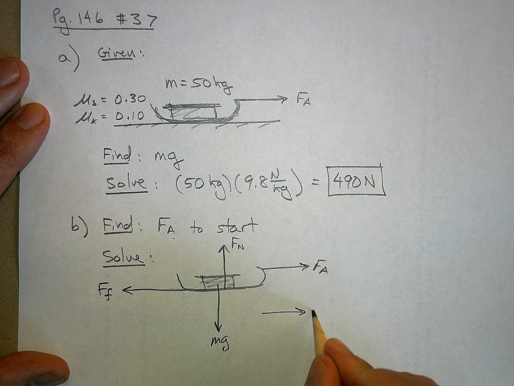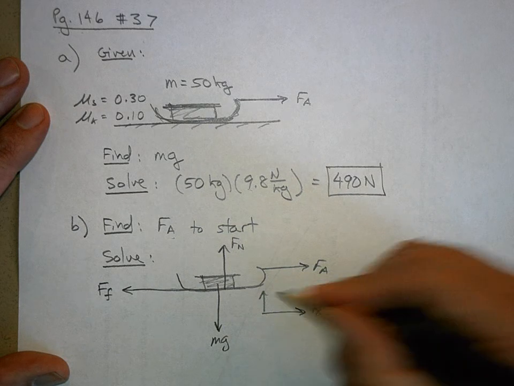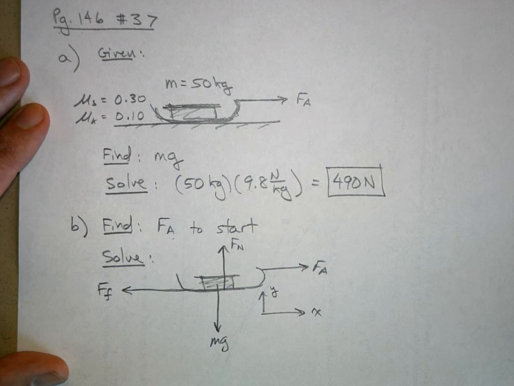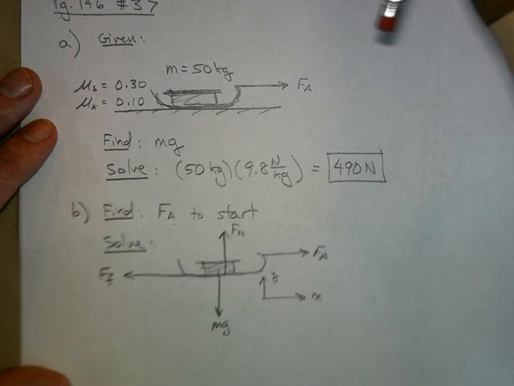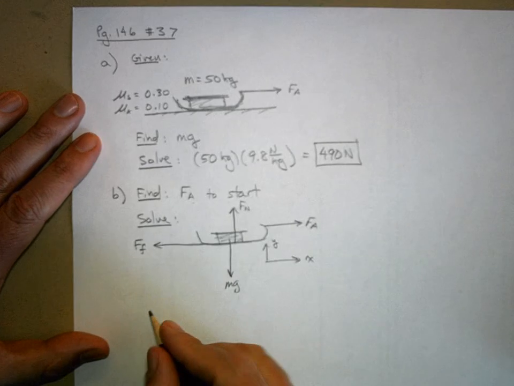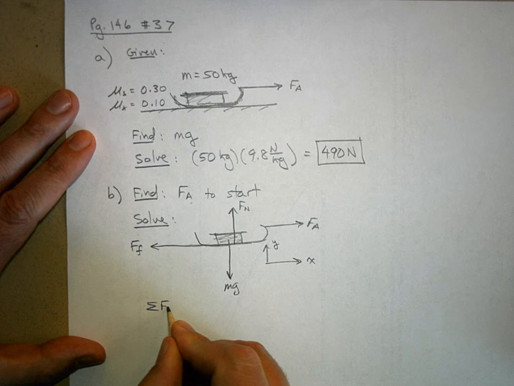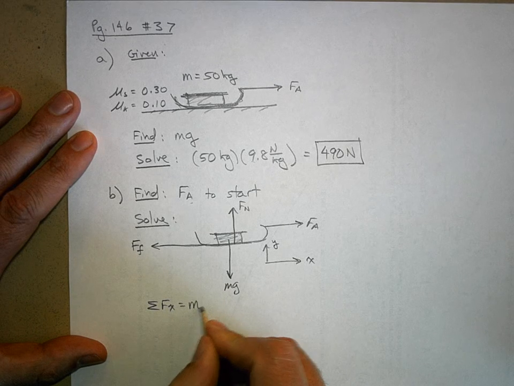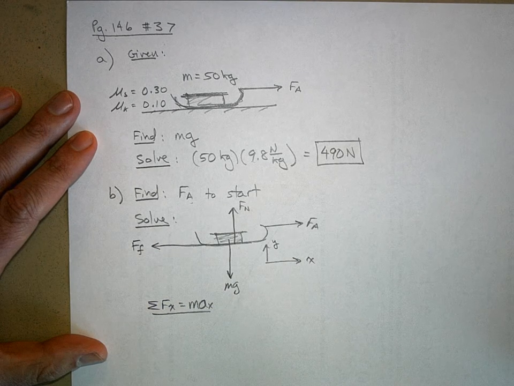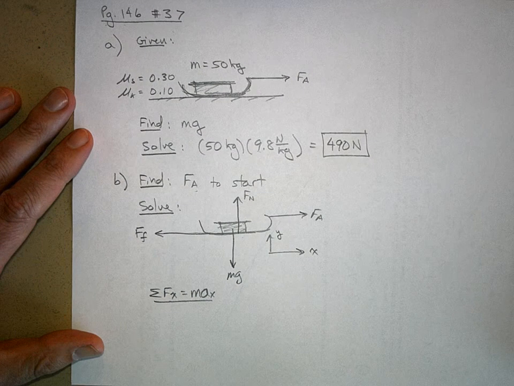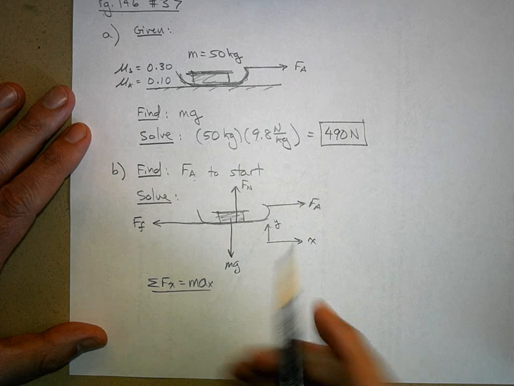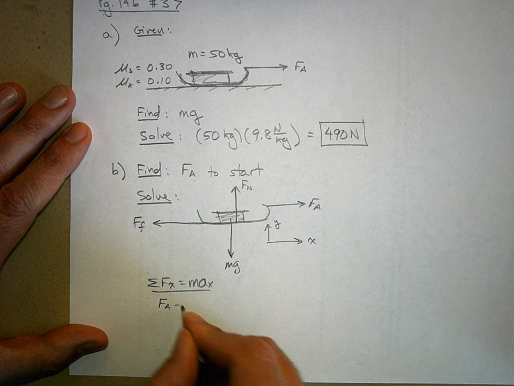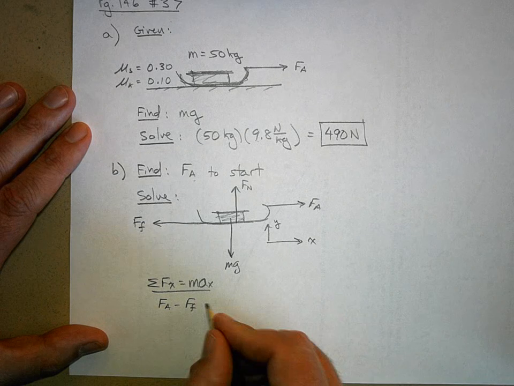And we'll make this our x and y direction, as we always do. And let's sum the forces in the x direction equals ma in the x. I always do this. Might seem a little tedious, but it really helps. So I look in the x direction. I say, well, it's Fa minus the force of friction equals